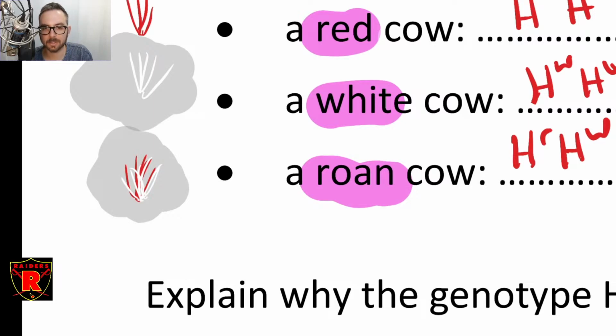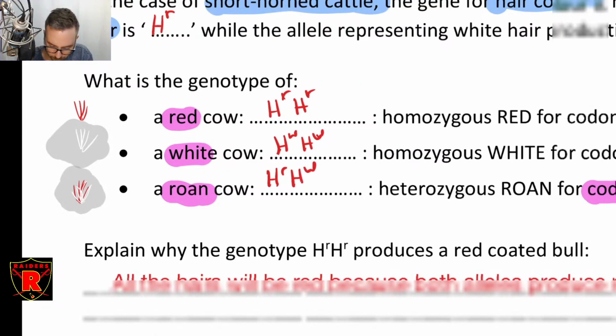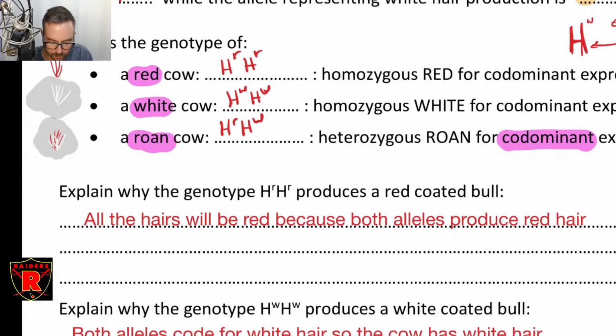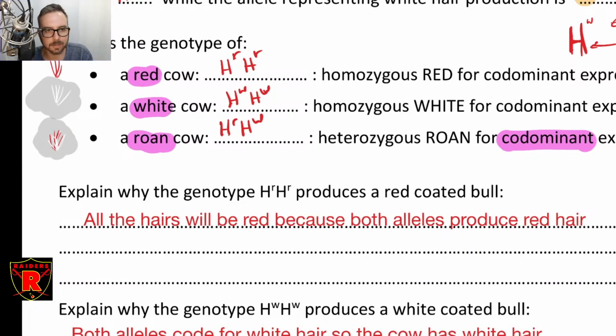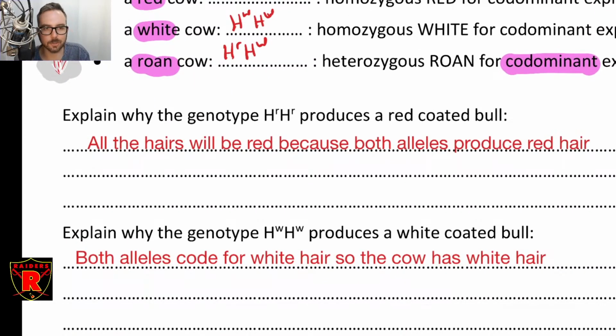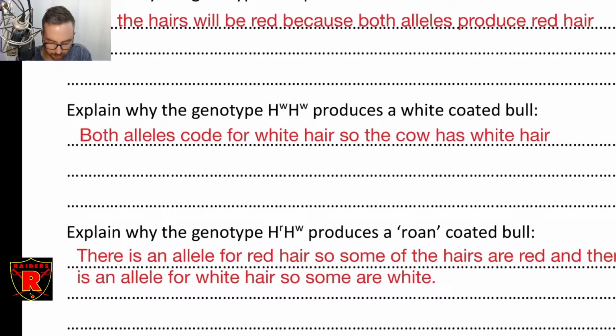Okay? So in codominance, the cells choose. Now, it's not a conscious decision, but it is a choice. The end product here is that the cells are choosing. Okay, so if you're looking at why this happens, well, HR produces red because every cell is choosing to express the red gene and making the red pigment. For white, both alleles code for white, and so obviously every cell is going to be choosing to produce white pigment. But in HRHW,